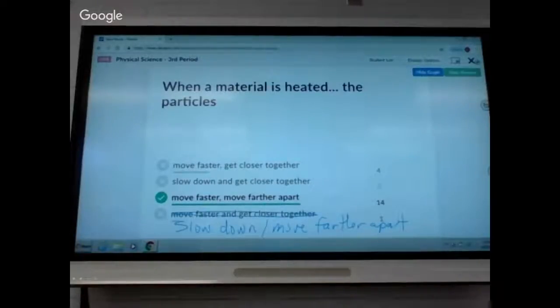All right, so we have 14 people who picked move faster and farther apart, which is right. That's why I said a lot of times when I walk, my fingers will swell. When I walk or I exercise, my particles do what inside my body? They go faster or slower? They go faster, which is why I feel hot. And secondly, they move farther apart, which is why I get the sensation that my fingers are swelling and my